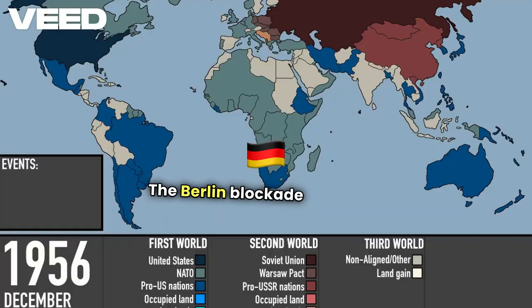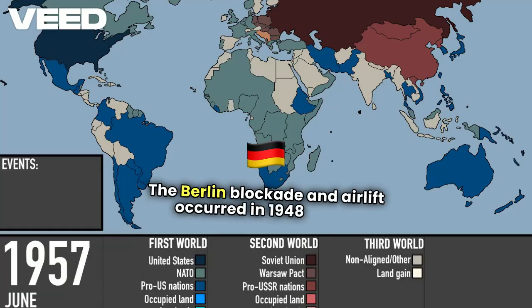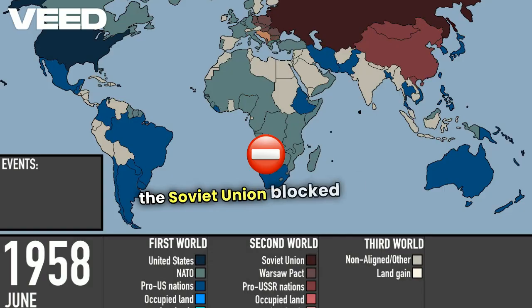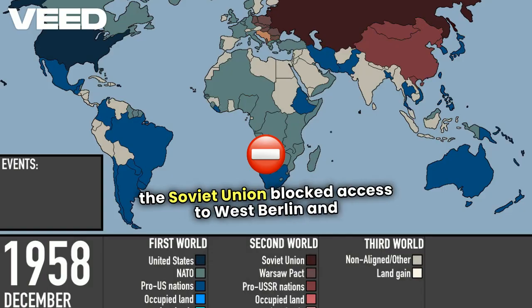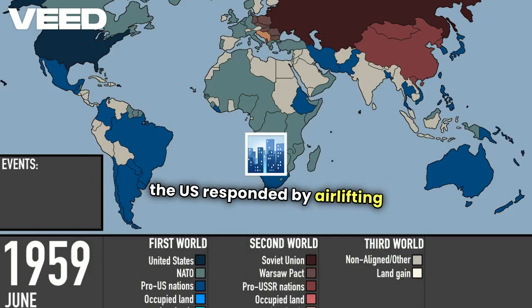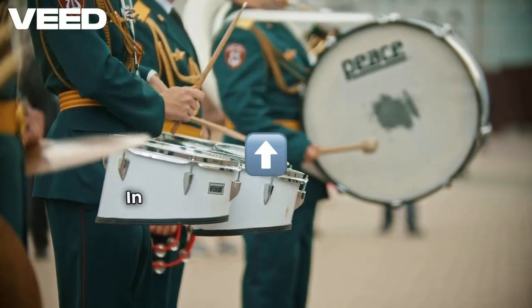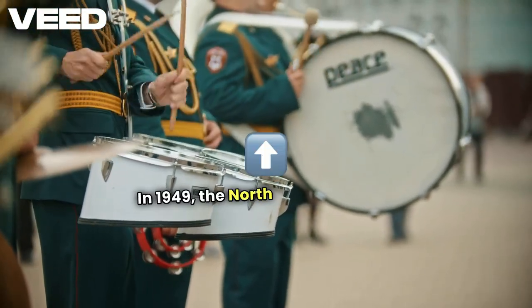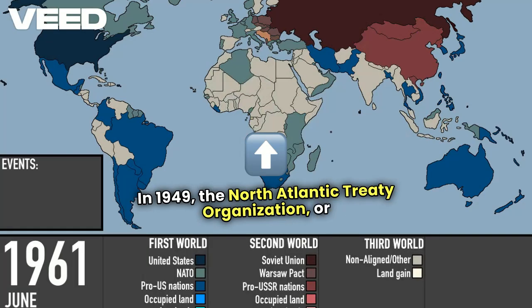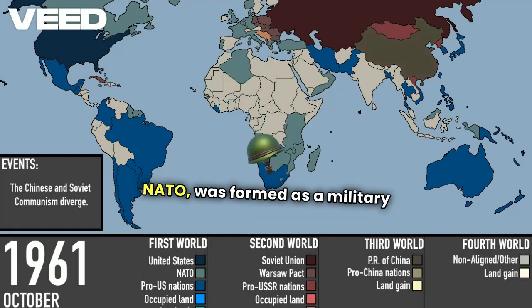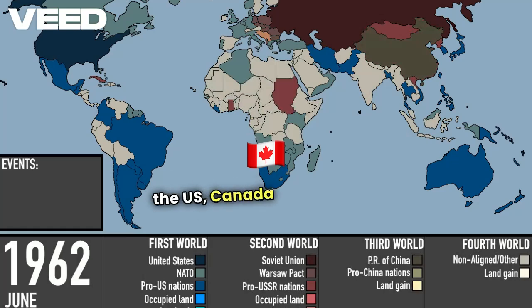The Berlin blockade and airlift occurred in 1948, where the Soviet Union blocked access to West Berlin, and the US responded by airlifting supplies to the city. In 1949, the North Atlantic Treaty Organization, or NATO, was formed as a military alliance among the US, Canada, and